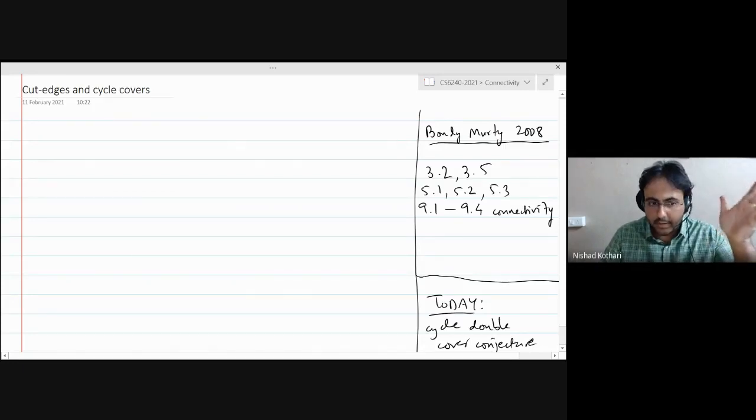We all know what a connected graph is, right? And the reason connected graphs are so important is because for a lot of problems in graph theory, you don't need to look at the whole class of graphs. You can just look at connected graphs. And if you can solve the problem for connected graphs, then you can generally solve the open problem for all graphs. One example that we have already seen: notice that a graph is even if and only if each of its components is even.